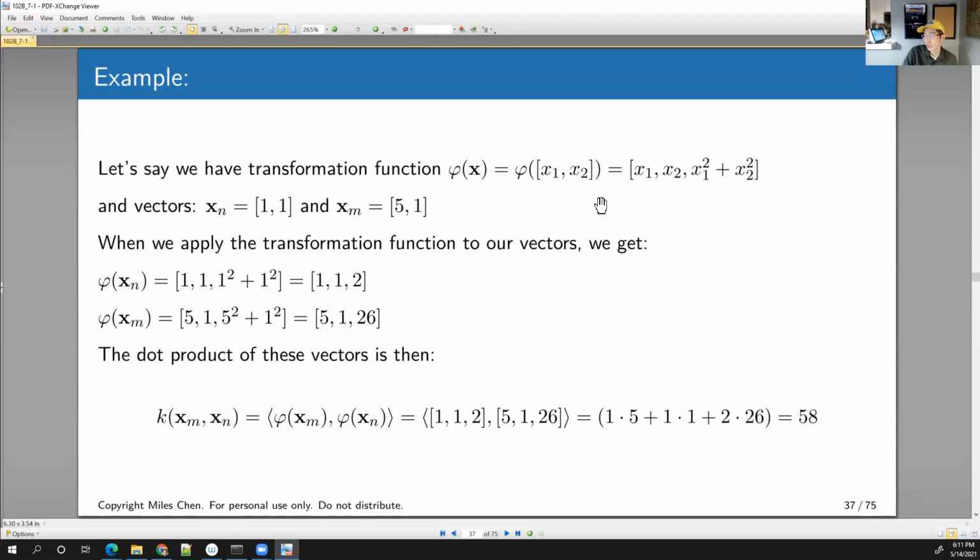The idea is you're transforming it and then you take the inner product and you get some number. But a lot of times there might be some corresponding function that gives you this number 58 directly, without needing to do the intermediate step of transforming it from 2D into 3D, okay? And so if this is the transformation function phi,